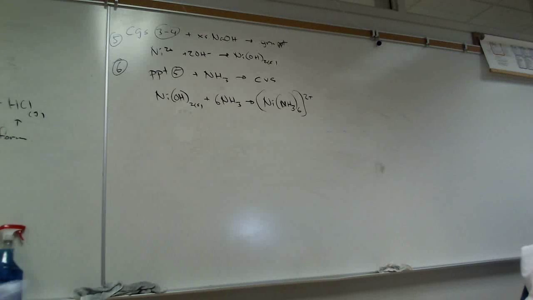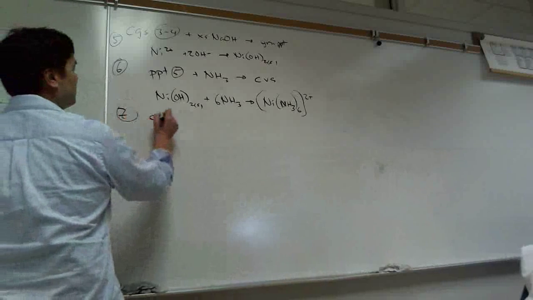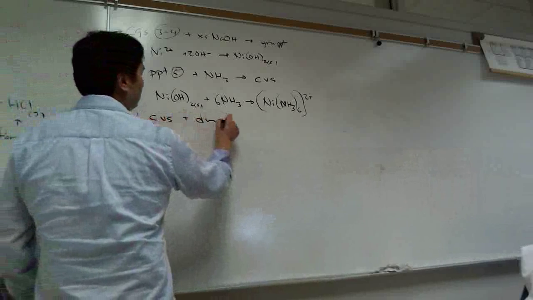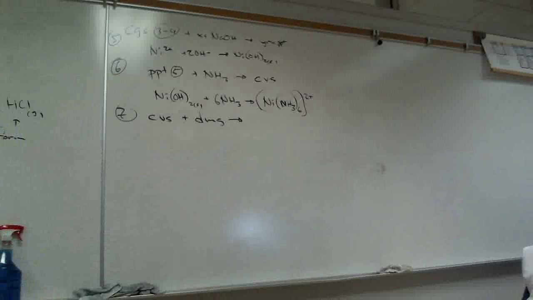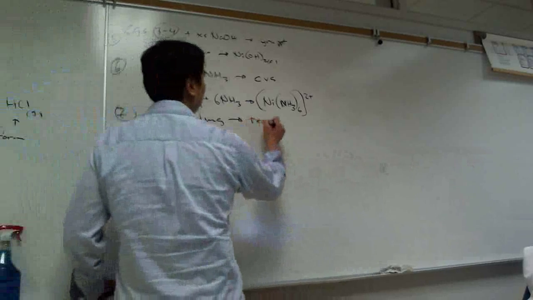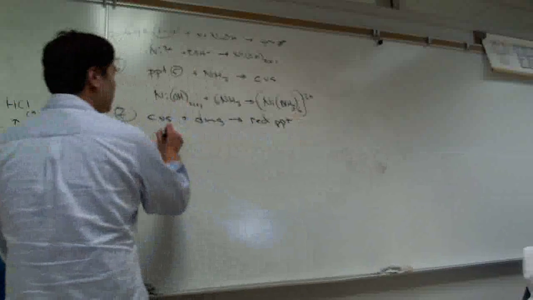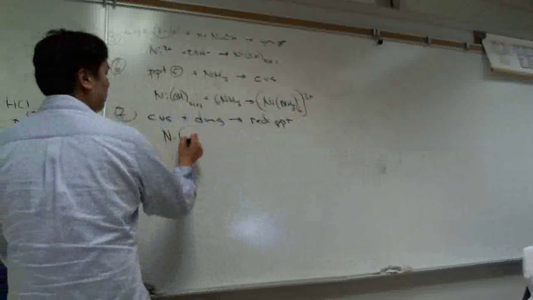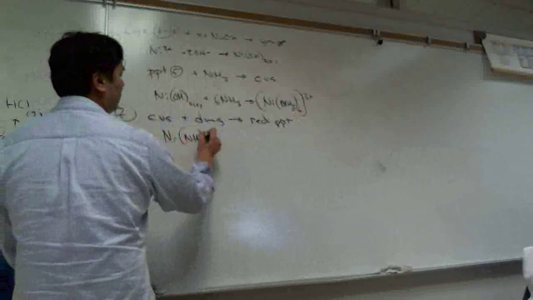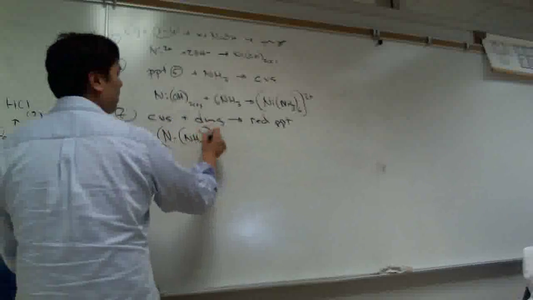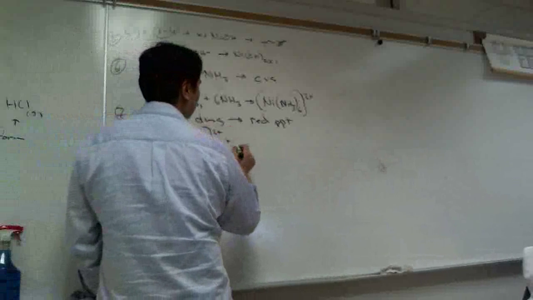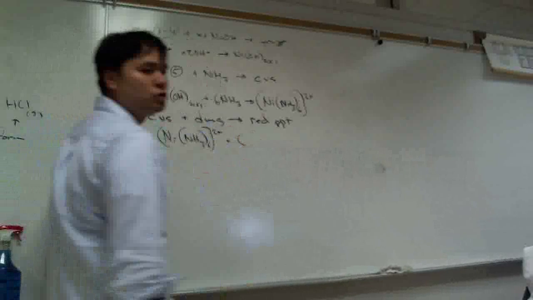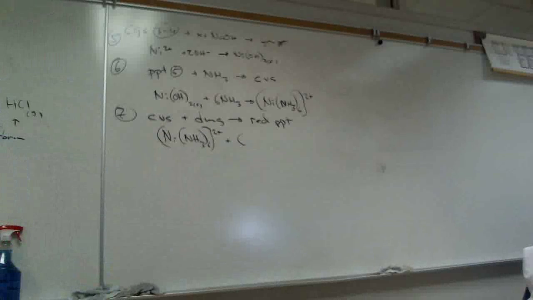All right, now what we're going to do in step 7 is we're going to take this solution and add DMG, dimethylglyoxime, and we're going to get a precipitate. What color is this precipitate? Red. And so we should get a red precipitate here, and the reaction here would be the hexaammine. I guess DMG is good enough that we don't have to destroy this complex with acid. This one just leave as is, and then react it with DMG ion, which is going to be